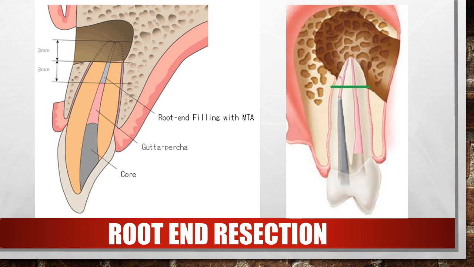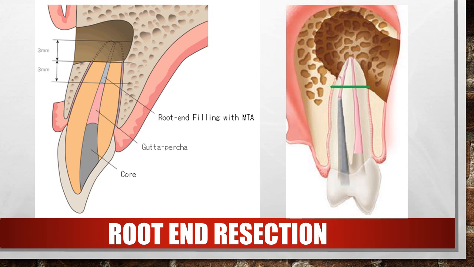And the ultrasonics play a role here because they allow you to trough out the GP filling, that is your obturation, from within the root canal, and you can create space for your MTA to flow in. So the ultrasonics actually help you to remove the gutta percha which is present inside the root canal from the retrograde end, and the space created is going to be filled with MTA. And then of course you have your gutta percha in the coronal and the middle third as well.